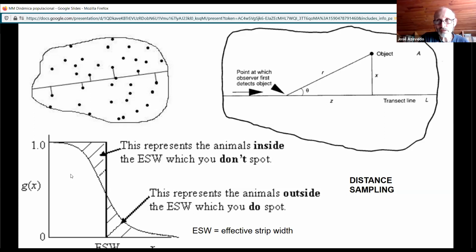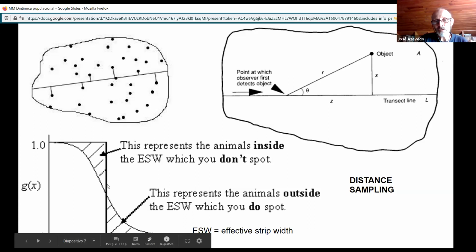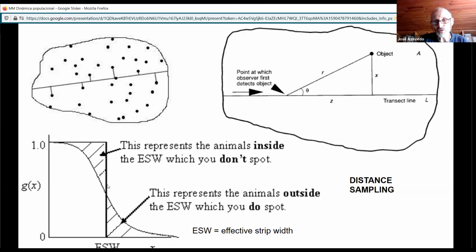If you plot the number of animals you see as a function of the distance they were from your transect, you will see something like this. And it's decreasing, right? And there are very interesting mathematical techniques in these distance sampling methods, where you use,